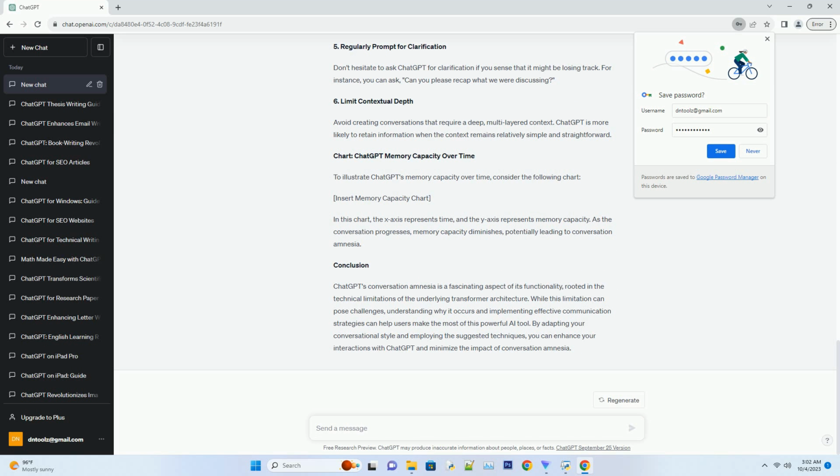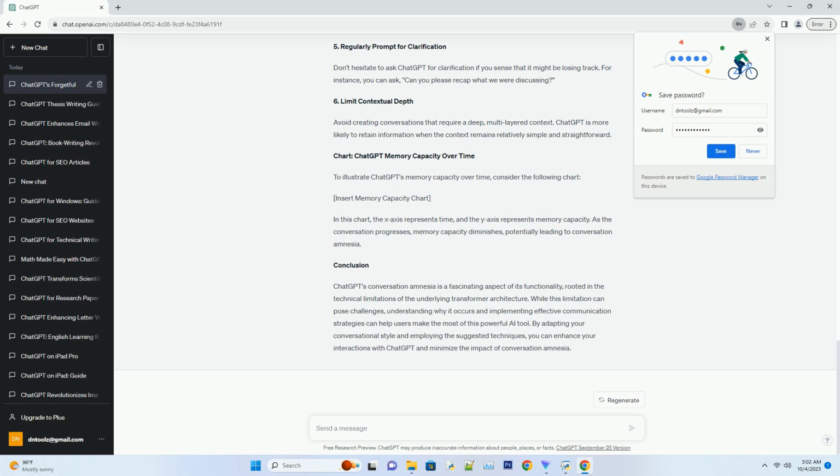To understand conversation amnesia better, let's delve into the technical side of ChatGPT. ChatGPT is based on a deep learning architecture called a transformer. This architecture uses attention mechanisms to focus on different parts of the input text and make predictions based on context. However, transformers have limited working memory, which means they can only consider a fixed window of tokens, words or characters,